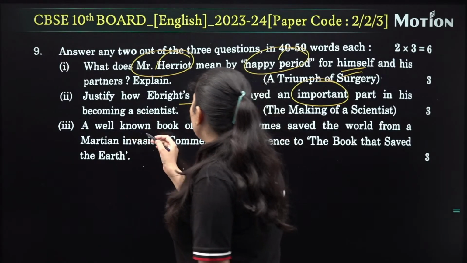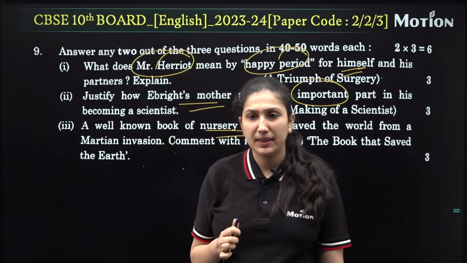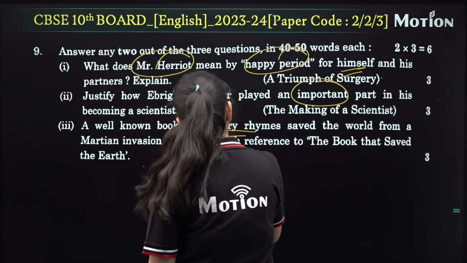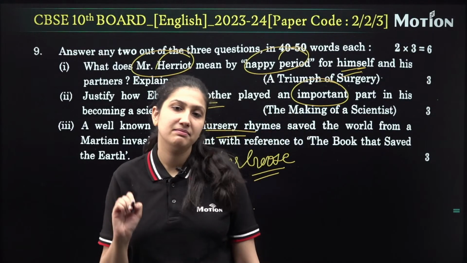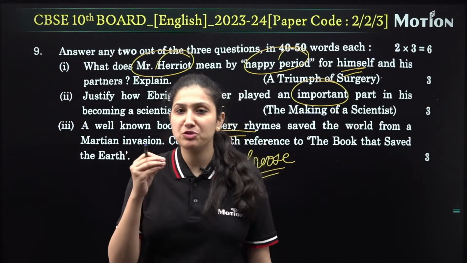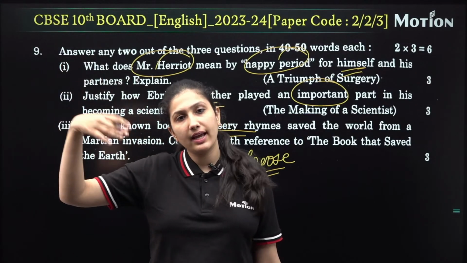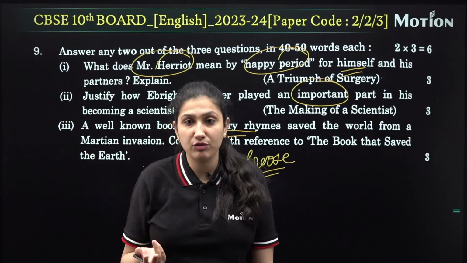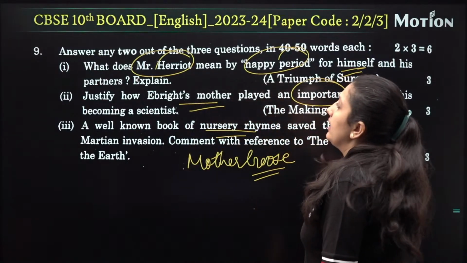A well-known book of nursery rhyme. कौन सी बुक ने बचाया है अर्थ को? ये तो बहुत आसान question है, ठीक है। Mother Goose ने बचाया था हमें। Martians जो थे वो हम पे attack करने आए थे, ठीक है, Mars के ruler ने भेजा था, लेकिन जब उन्होंने हमारी book पढ़ी Mother Goose और उन्होंने उसका जो poem की जो lines हैं उसका meaning जो है वही literal meaning ले लिया कि cow can like walk in space and so many things, उसने कहा कि no these people are very powerful, we cannot acquire them. So ये question भी आपका हो गया.